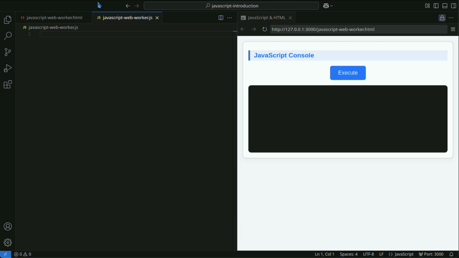Let's take a look at the basic usage of web worker. A new web worker is created by specifying a JavaScript file.